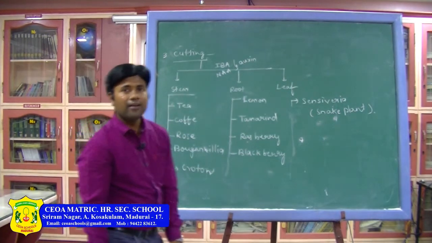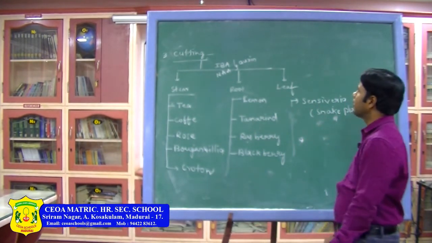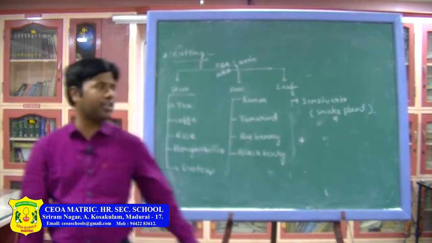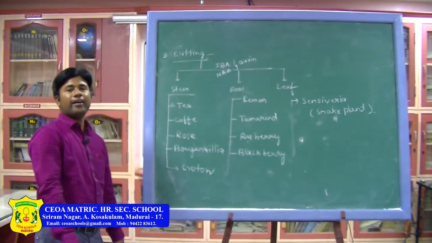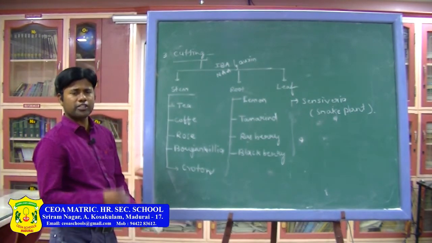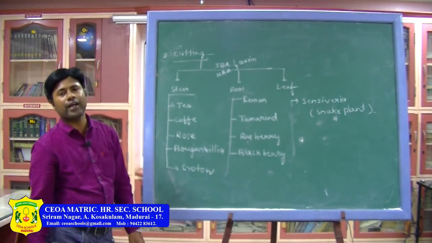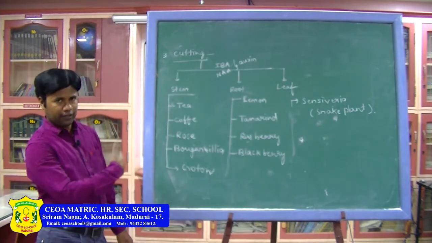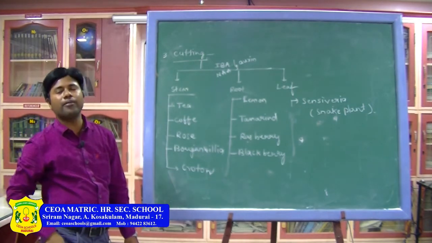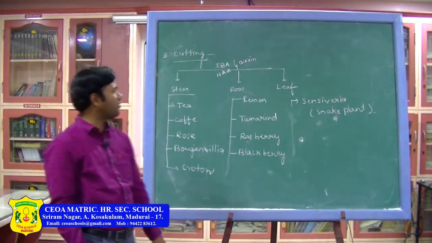So what are the artificial methods in vegetative propagation? One is cutting, next is layering, next is grafting. With this we have completed asexual reproduction. In asexual reproduction, mainly mitosis is involved, along with fragmentation or budding, different processes we have seen. Then two or more individuals will be formed. It is a slow process, and energy consumption is also very low. Then after, let us see